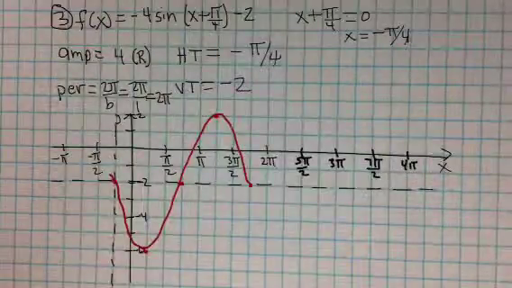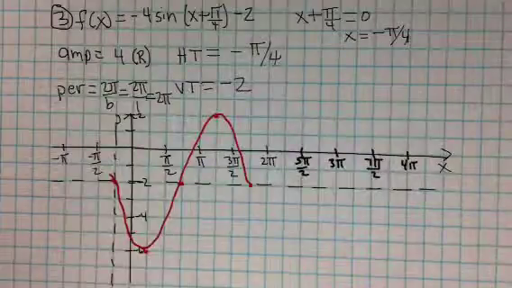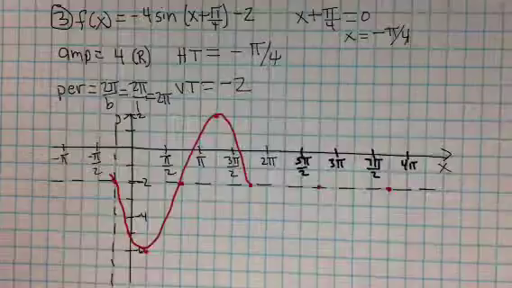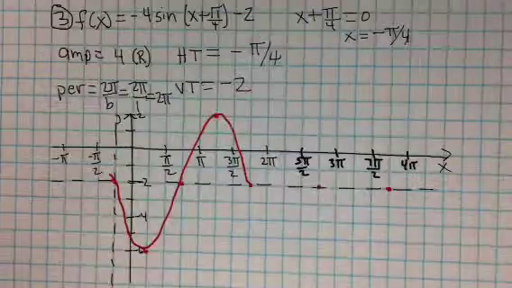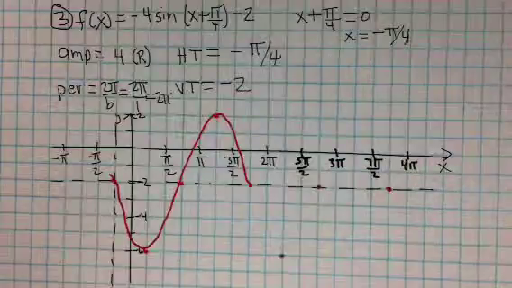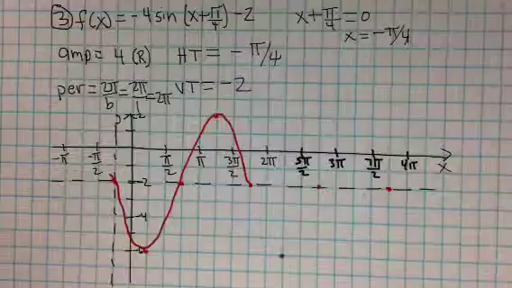Go back to the red. And so this is the beginning, the middle, and the end. Because remember, everything moved over to the left, pi over 4 units, so 1 square. Okay, so normally we would do the maximum at 1/4 of the way, but because it's a reflection, it goes to the bottom. And then at 3/4 of the way, we would normally draw the minimum, but because of the reflection, it's actually a maximum. So right here,